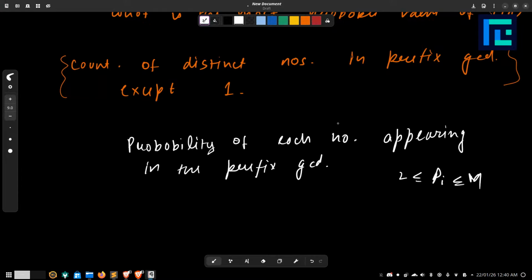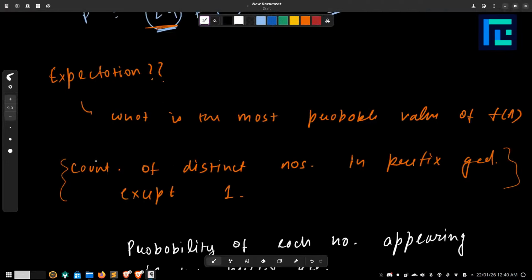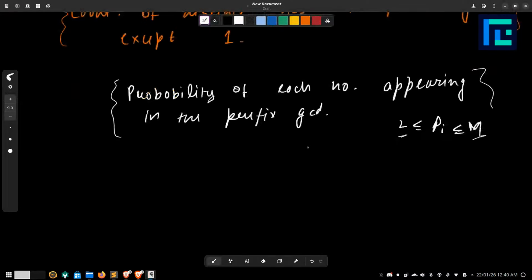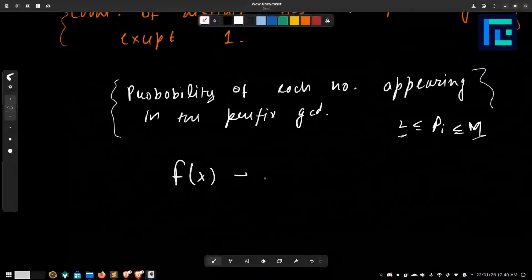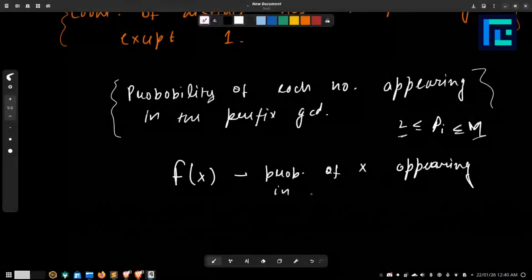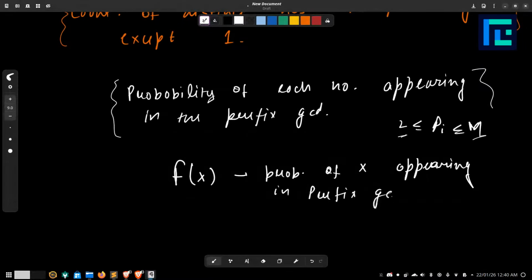We are not counting one because we took the problem as the count of distinct numbers in the prefix GCD except one. Let's say that capital F of some value x gives the probability of x appearing in the prefix GCD. So if we know this value for all 2 till m,